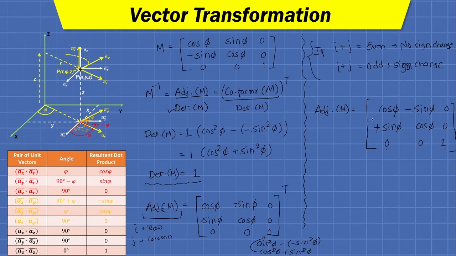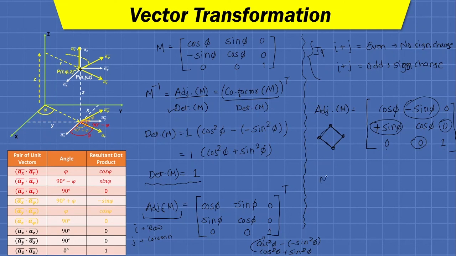And for simplicity, you can also remember that if a 3 cross 3 matrix is there, then in the adjoint matrix this diamond of elements will have the sign change. As you can see, here we got the sign change, here we got the sign change, here a sign change, and here. So this diamond of elements will have the sign change. So this is nothing but our adjoint matrix.